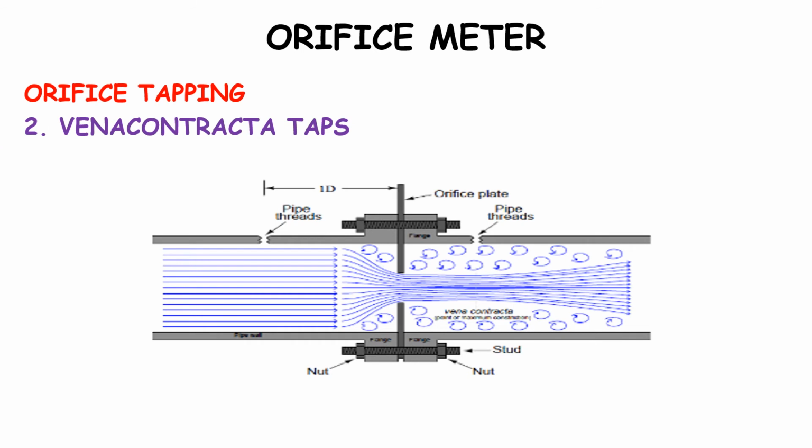The second type of tap is the vena contracta tap. This offers the greatest differential pressure for any given flow rate but requires precise calculations to properly locate the downstream tap position. Radius taps are an approximation of vena contracta taps for large pipe sizes. An unfortunate characteristic of both these taps is a requirement of drilling through a pipe wall. The vena contracta taps are normally limited to pipe sizes of 150 millimeter or larger, depending upon the flange ratings as well as dimensions.